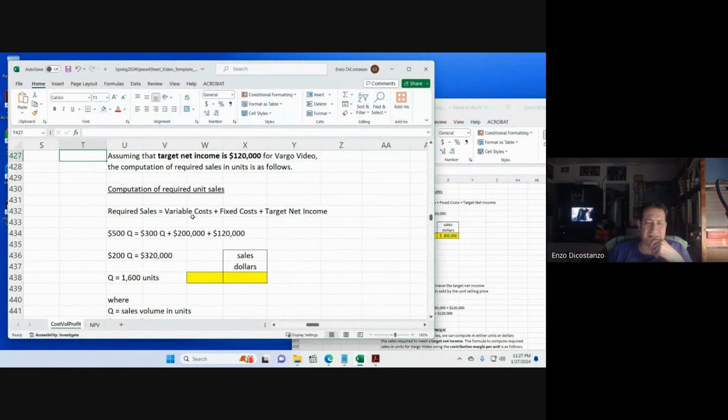Okay, so we have the same math here, and we clean it up and say 500 minus 300, 200 plus 120 is 320. So in terms of units, it's the same math. So this is equal to 320,000 divided by 200, which would be the contribution margin. So the units are now 1,600. We just typed it out, 1,600. The sales in dollars equals,